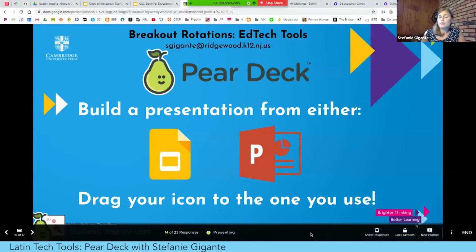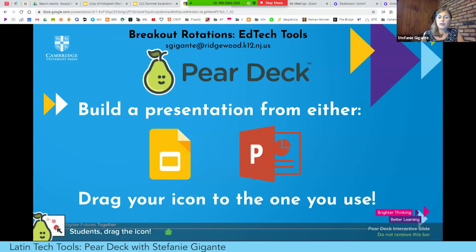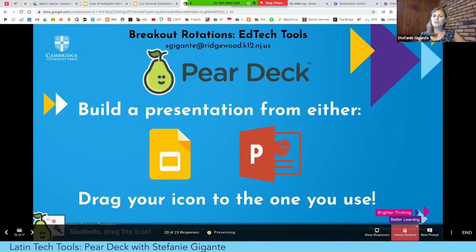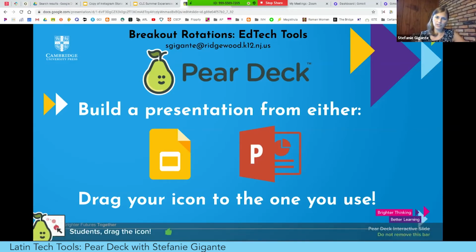I'm going to make a recommendation, though, that when it comes to either multiple choice questions or draggable questions, I actually strongly recommend that you lock the student's screen before you look at the answers, especially something like multiple choice. There's no worse feeling than forgetting to push that button. You look at the results on the screen, 19 out of 20 kids have picked A as their answer. One of them has clicked B, and before you can hit that lock button, that one kid who answered B